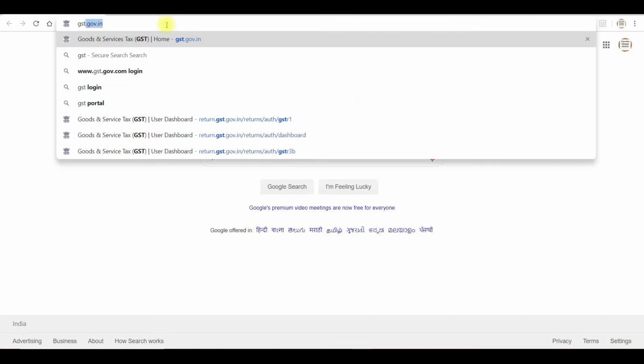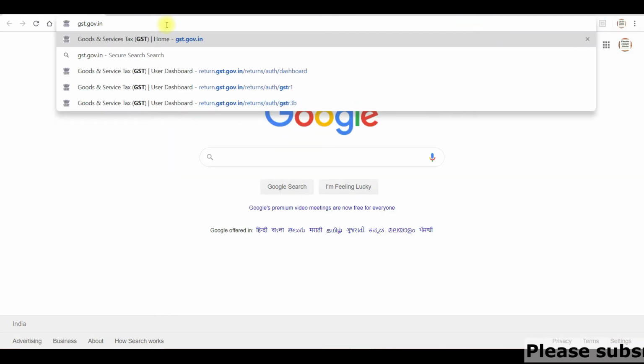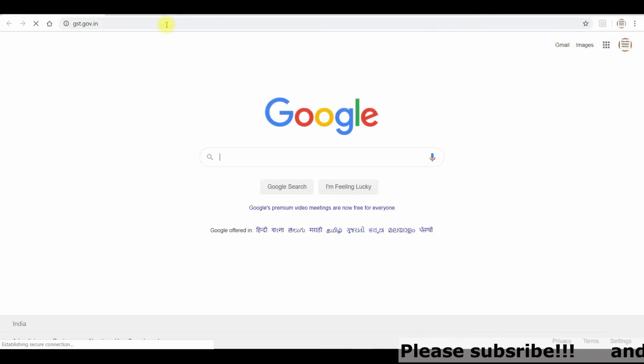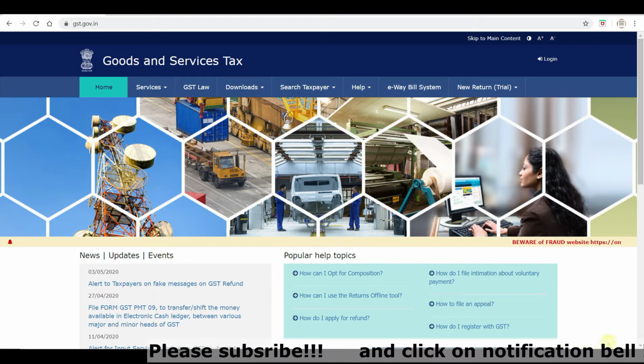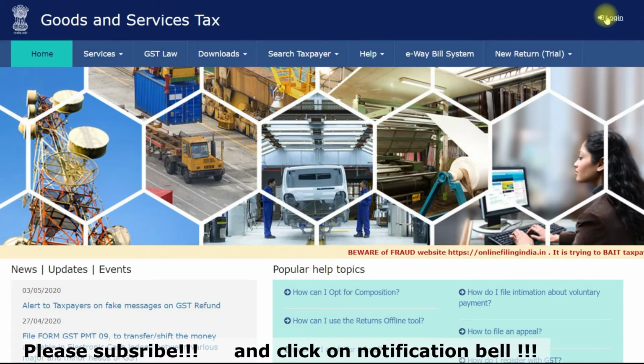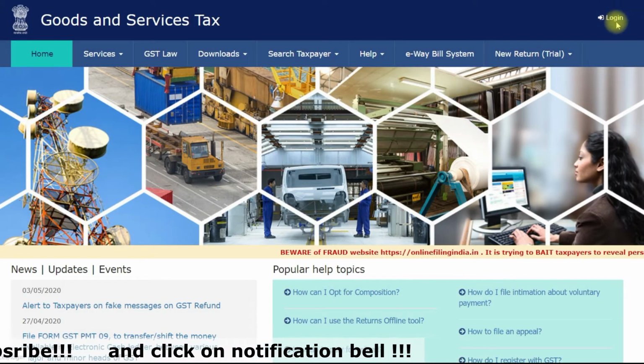Now we are going to log into the GST site, gst.gov.in. Once you click enter, it will load. The main page will look like this. On the right-hand side there is an option called login. Once you click on the login,